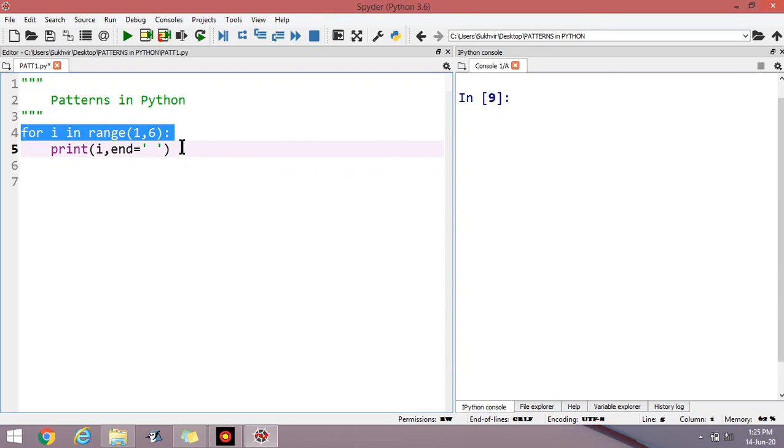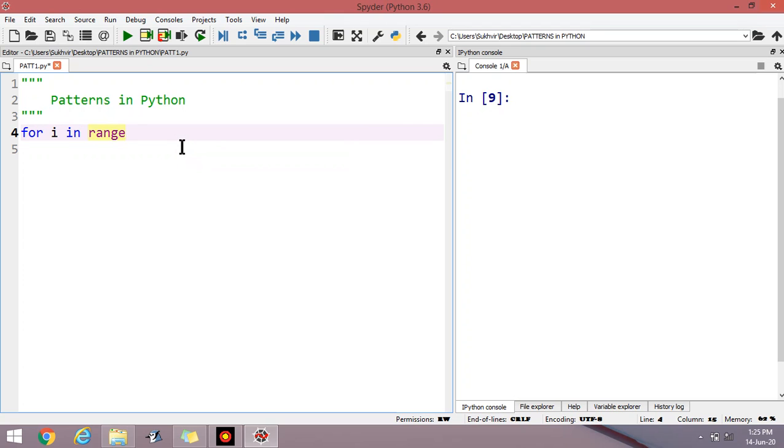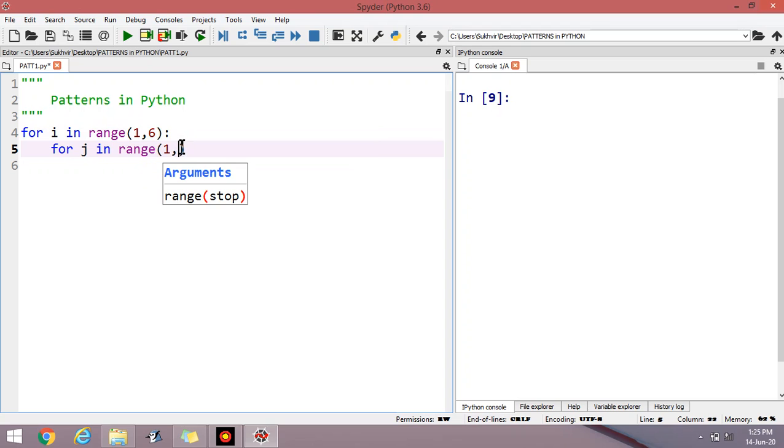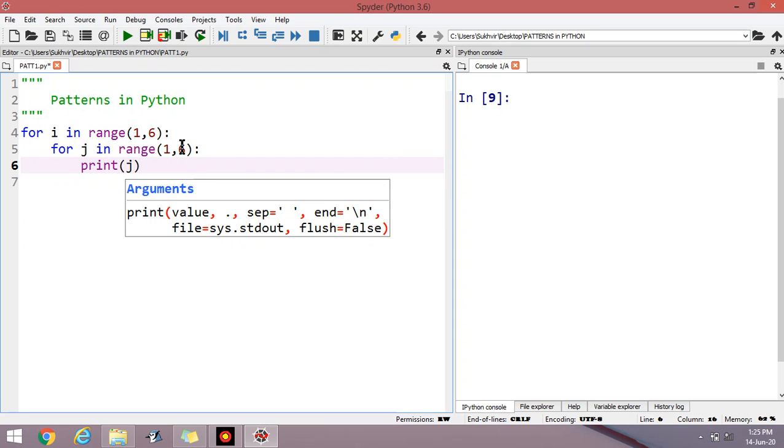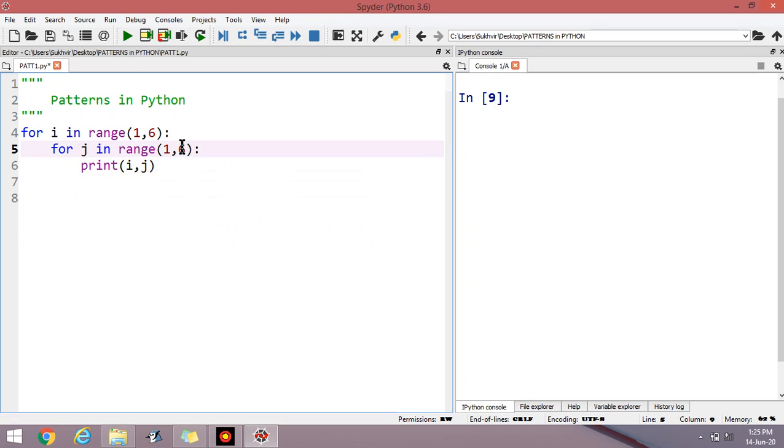Now, if I am using a double for loop, for i in range 1 to 6, then for j in range 1 to 6, then print, suppose I use both the values i comma j, and single quote.